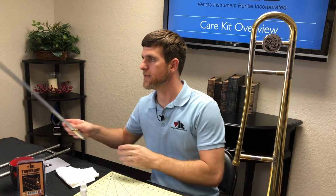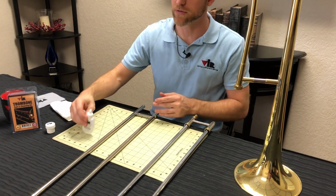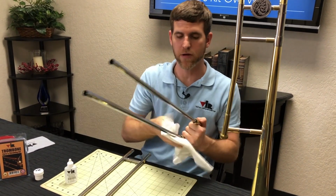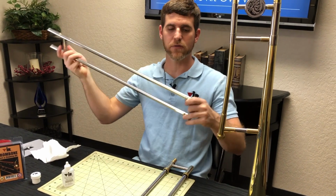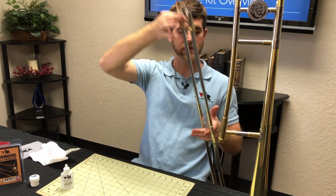Now when it comes to your hand slide, you don't want to use the tuning slide grease. You want to use the slide oil inside your care kit. First thing I would recommend doing is taking a paper towel and just wiping off the inner slide. We've already swabbed out the outer slide, so that should be fine. Then you're going to want to insert the slide